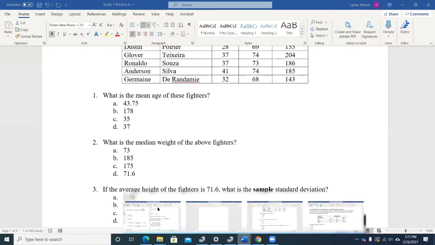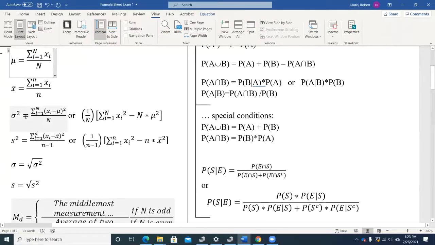Well, we go to our formula sheet. We've got our standard deviations here, which is just the square root of the variance. In order to find the standard deviation, we first have to find the variance. So here's my population variance, where I divide by the number of observations. Here's my sample variance, which reminds me you divide by the number of observations minus 1. And what I do is I go through every observation, take its difference from the mean, subtract the mean from it, then square that value,